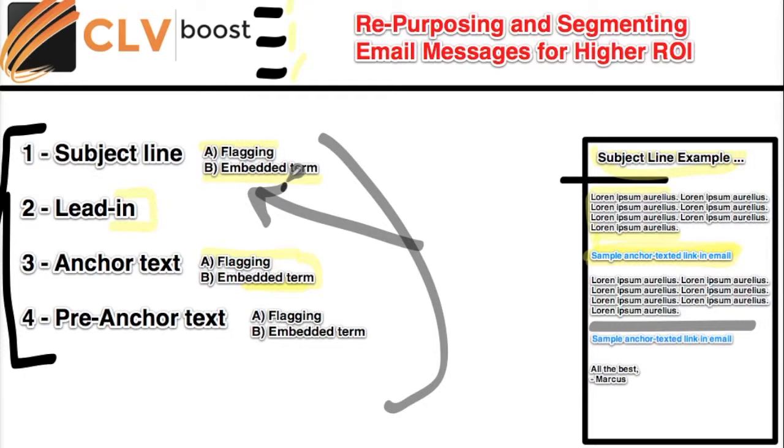So hopefully this will come in handy for everybody who's out there sending out a number of emails to your own list. You do not have to write entirely unique emails to hit the different segments of your list. You just need a little bit of creativity with an original message to get a lot more engagement, a lot more firepower out of your